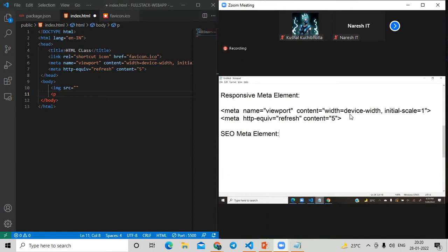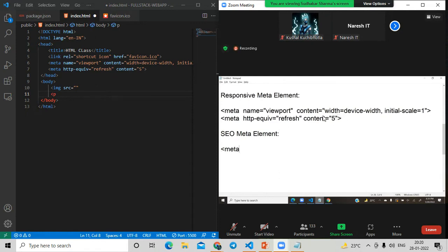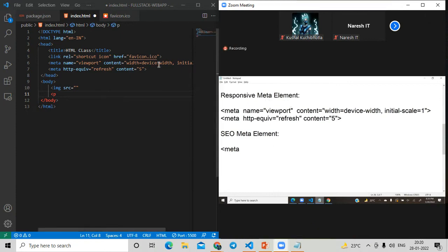So what are the SEO meta elements? In the SEO meta option, we have meta name. Here meta has an option as charset, character set.